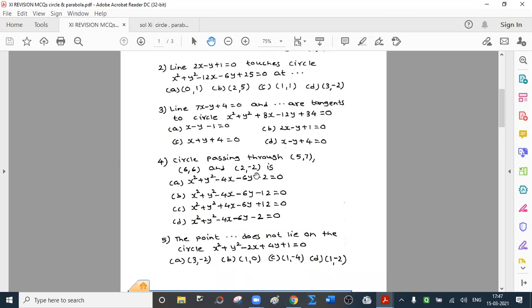Begin with (2, -2), because instead of taking x equal to 5, y equal to 7, it is better that you take x equal to 2, y equal to -2. See, if this point satisfies the equation, you cannot declare that this is the correct option. Why? Because it is possible that this satisfies, but these two don't. You may say, if first equation is satisfied, we will check whether B, C, D satisfy this or not. If they don't, yes, in that case you can conclude that A is the correct option. I hope you are getting this.